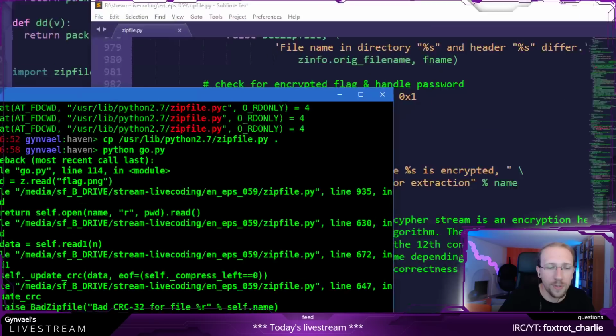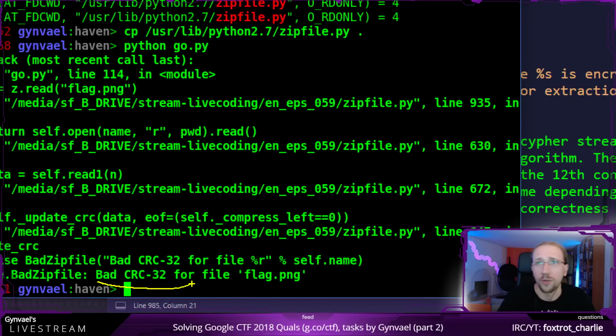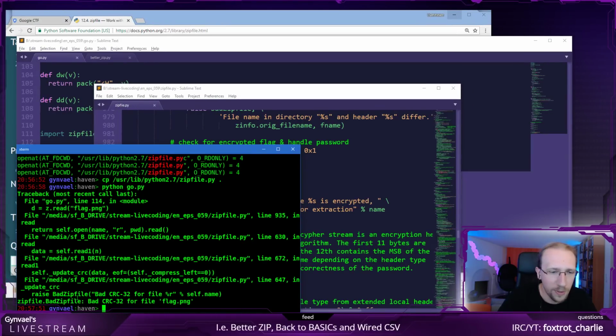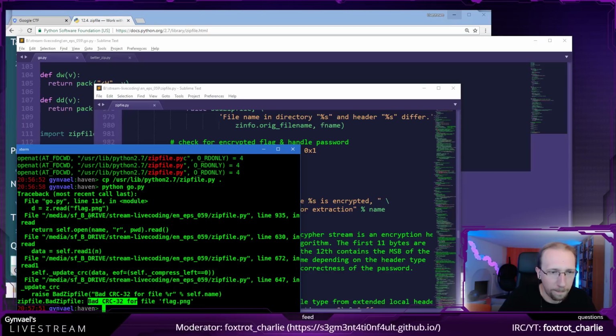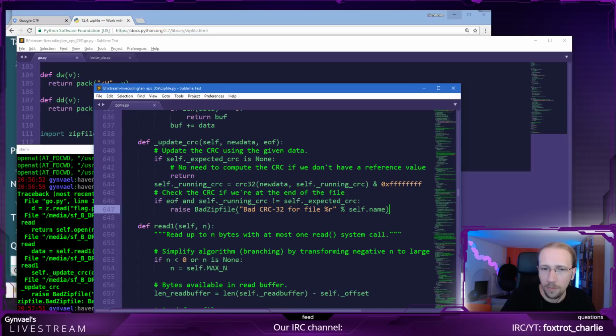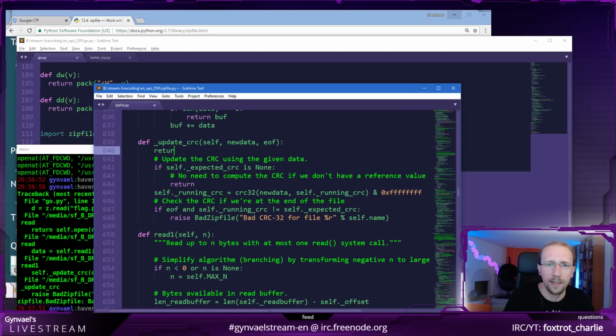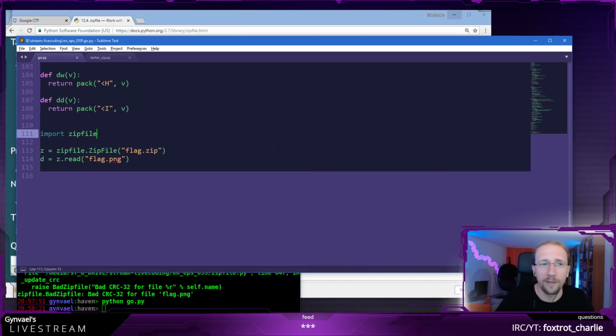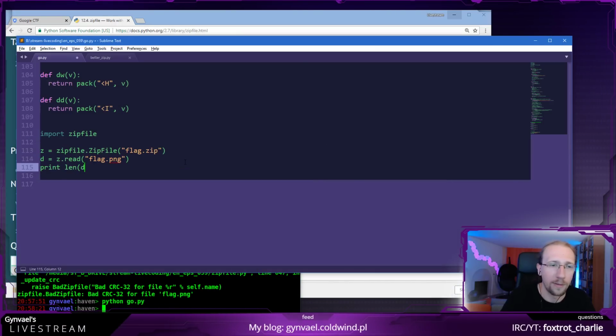Go. Now it says it's a bad checksum. It is a bad checksum because I didn't decrypt the data. But again, please don't do it at home. But what's the number of the line? Oh, here we go. Okay. And what I'm going to do is say, yeah, it's a good checksum. Perfect. So now it works. Now I have the data, print length of data,